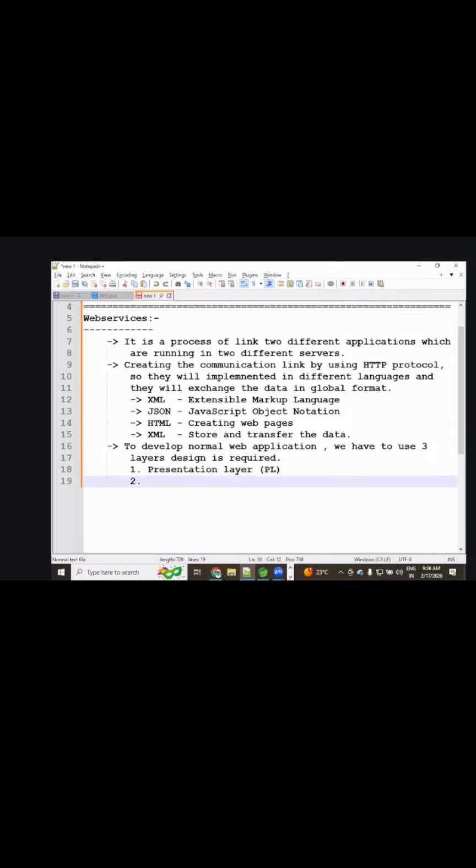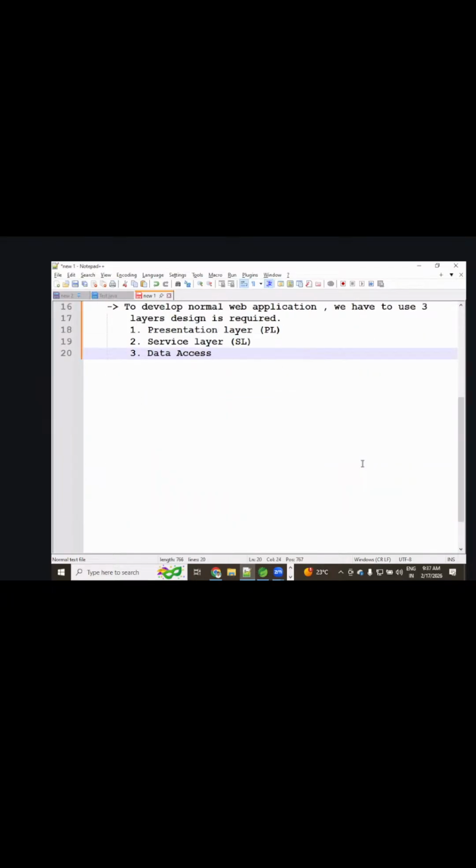Number two is the service layer, simply called SL. The third one is the data access layer.